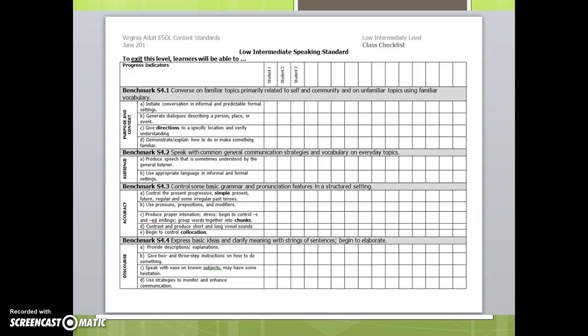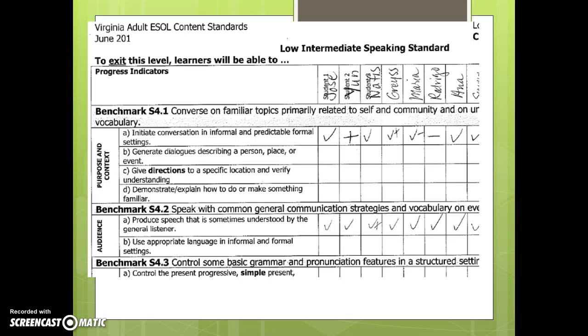So they would be asking about what another student did over the weekend, and they'd need to be using the past tense. So if I use that activity, as the students are mixing and mingling, I would go around, informally listen, see how the conversations are going, and see how well they were able to initiate the conversation. And then I might make notations such as these. So I have my students up at the top, and then under benchmark S4.1, indicator A, I've made some notations about how well the students performed during that